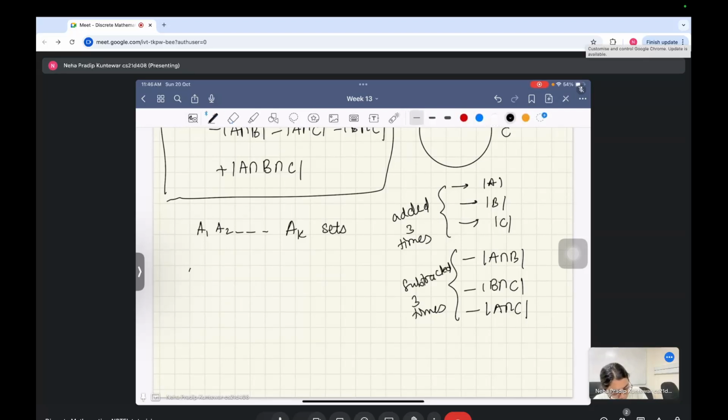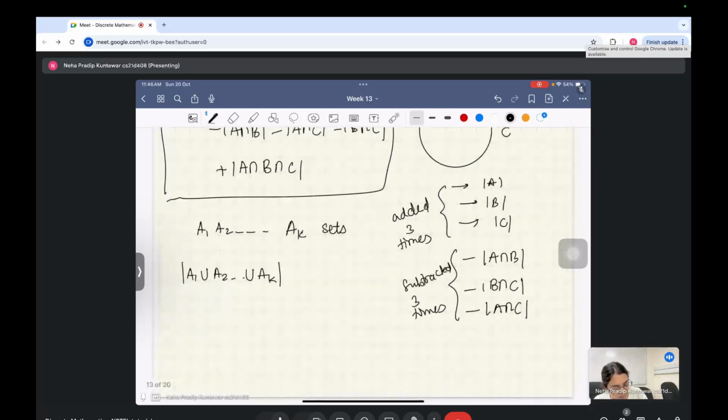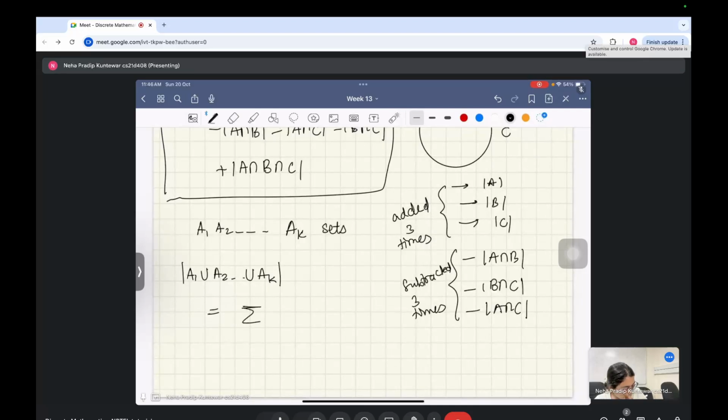So then A1 union A2 and so on up to AK, this is given by the summation of, you look at all possible subsets of, let's say, maybe I'll call this n. You look at all possible subsets, and what you do